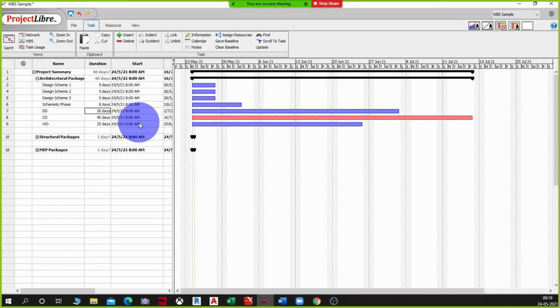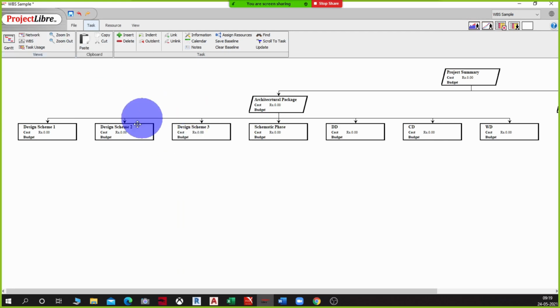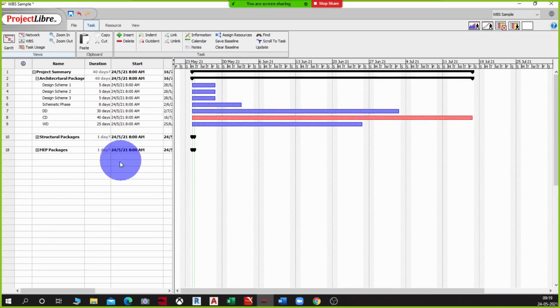Now we will start adding resources so that we are able to see how the WBS changes. So let me consider that all these three design schemes happen simultaneously. That means I am assigning work to one resource in my team.